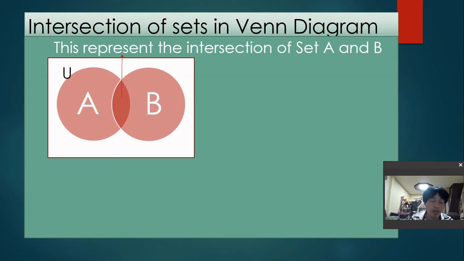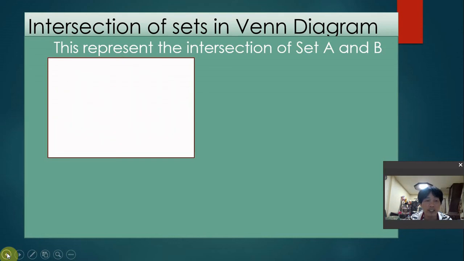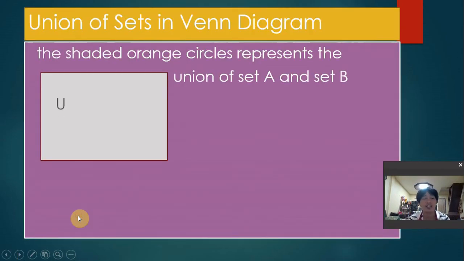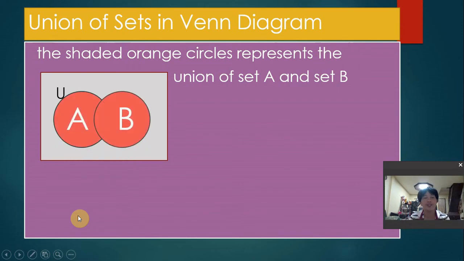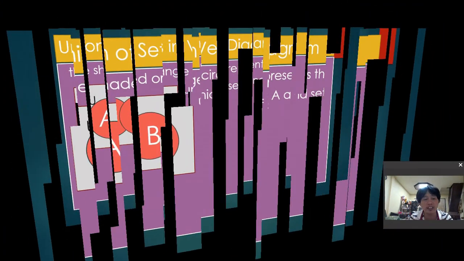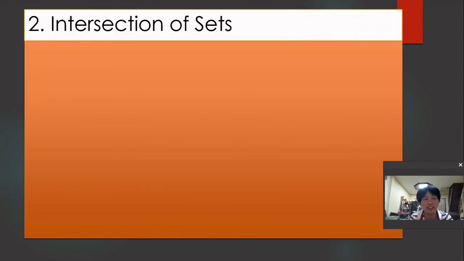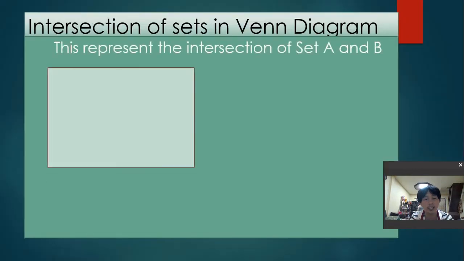Now, let's review how a Venn diagram looks like in the union of sets. Okay, that's the union of sets in a Venn diagram. So the strong orange, the shaded strong orange, denotes the union of sets, union of set A and set B. And for the intersection,